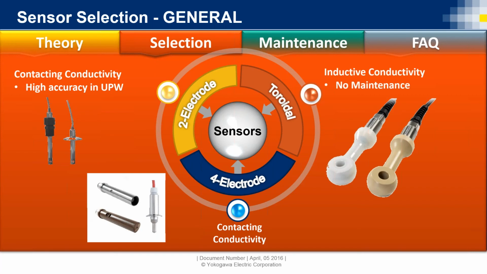And then you have the toroidal or electrodeless, which is the donut. Again, with the contacting, you have to make sure you have the right cell constant chosen for your application, and I'll show you that in just a moment. And with inductive, there is only one sensor for the most part. So with contacting, we're more cautious, and we have to be aware of what our measurement range is to make sure we pick the right cell constant, the right contacting sensor. With inductive, for anything over 50 microsiemens, if you can put an inductive in, you're going to get virtually no maintenance because it's